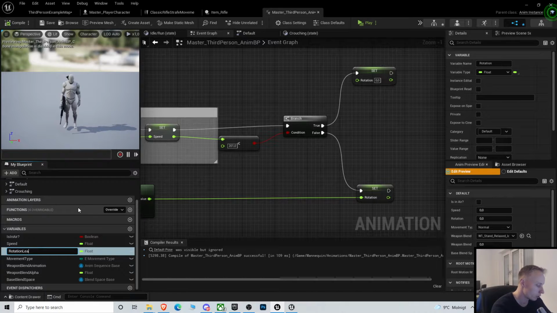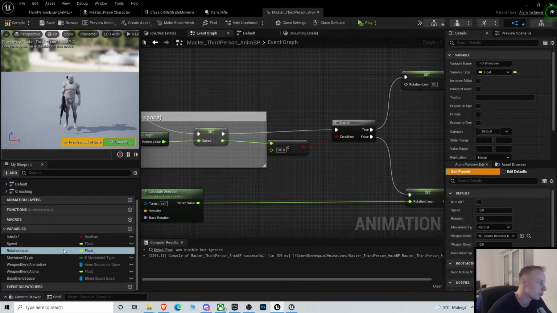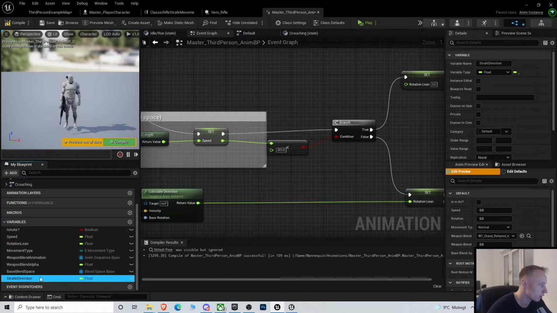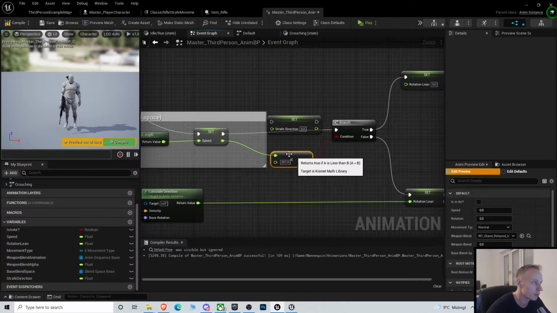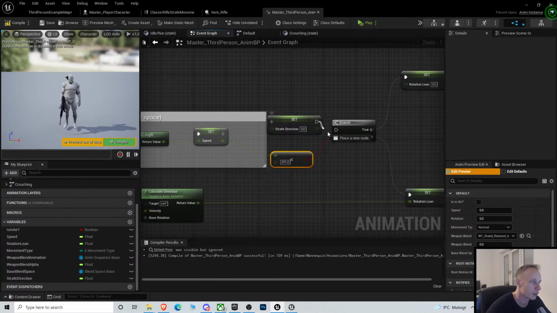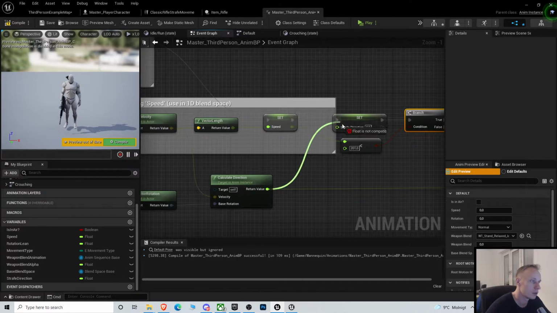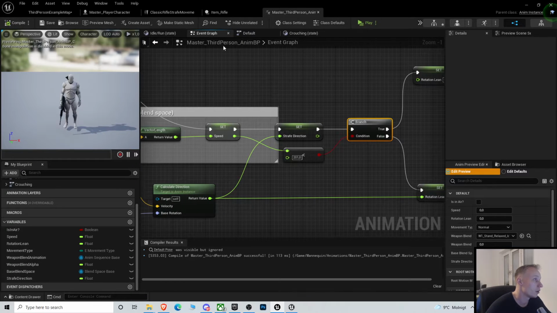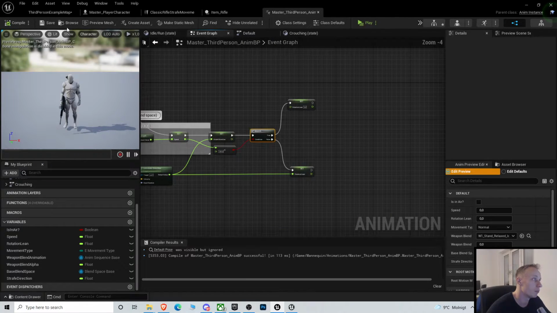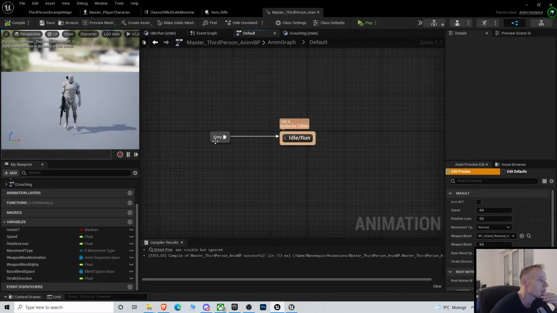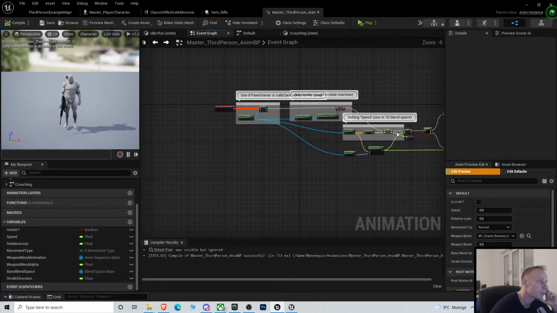So rotation lean, but we're also going to do a new float called direction, or strafe direction. They're going to be calculated in the same way, but this one will always be set. And the thing is, when we are